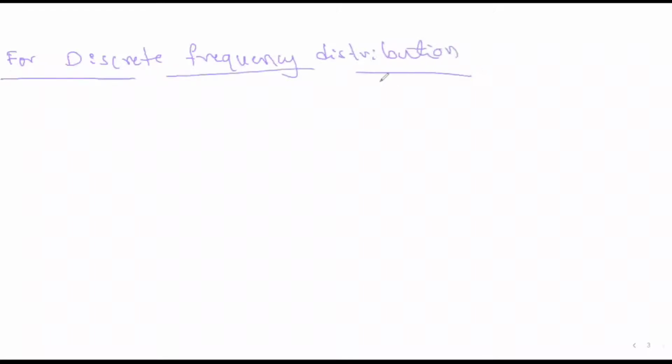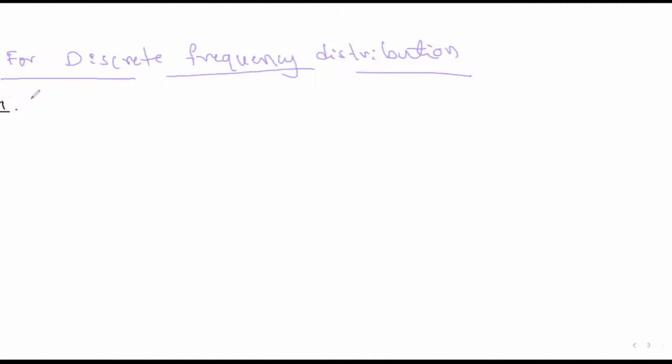We solve, not solve, briefly, we go for the first one. That is nothing but the discrete frequency distribution. In this particular frequency distribution, we are using the variable as discrete. So how to draw a frequency polygon in this case? The very first step is